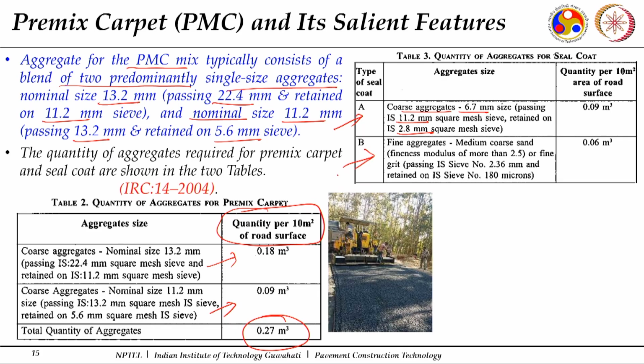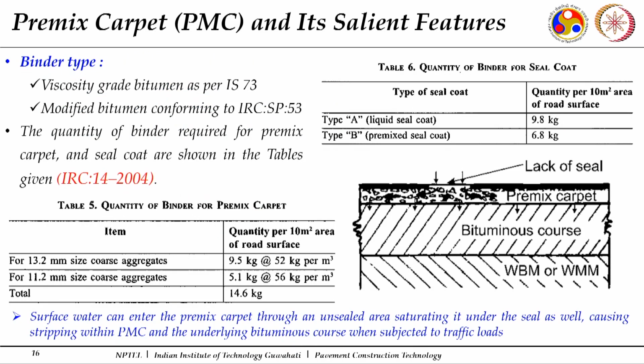And then there is the premix seal coat, where the aggregates are of smaller sizes, passing 2.36 and retained on 180 microns. Their requirements are again given with respect to the 10 meter square area. So once this surface is laid, on the top of it, to seal the surface, because this is an open graded surface, you need to apply a seal coat